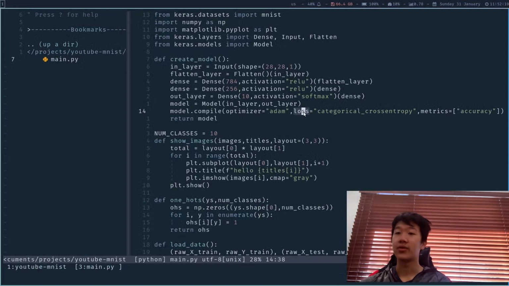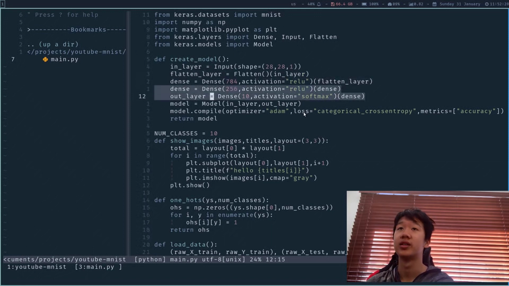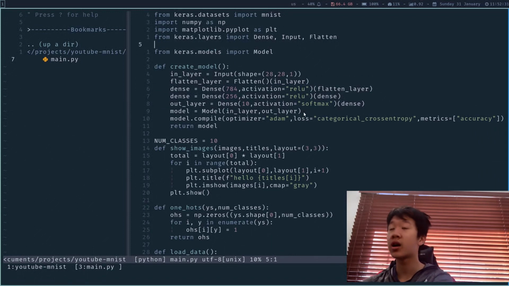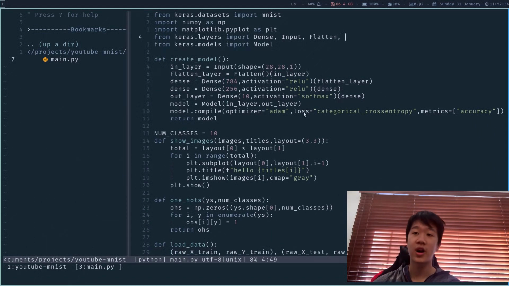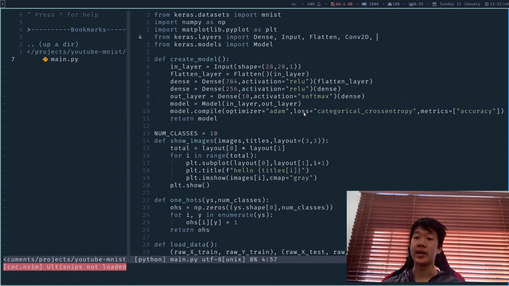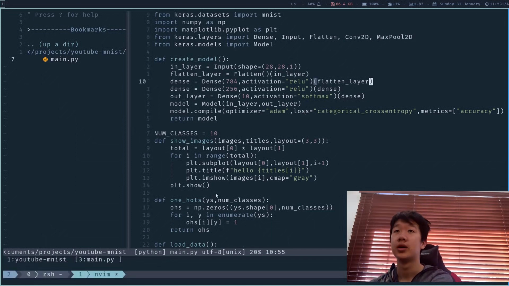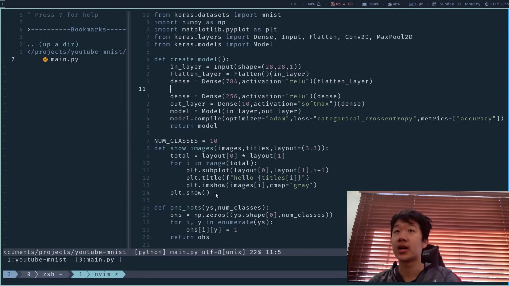So we have our code that was used to detect digits from the MNIST dataset, and it only uses dense layers. In this video, we're going to look at the Conv2D layer, which is for convolutions. From keras.layers, import Dense, Input, Flatten, and now you also want to import Conv2D. You also want to import another layer, called MaxPool2D. Now all we need to do is replace our flatten statement with a Conv2D statement,